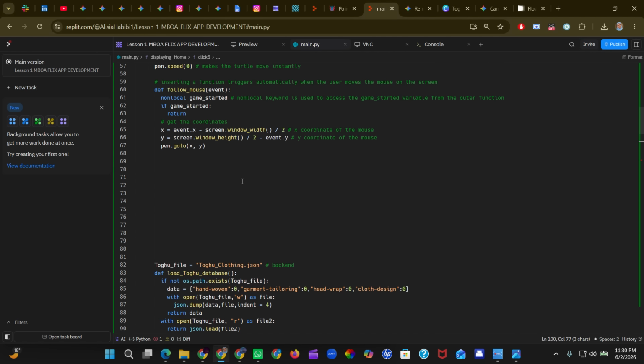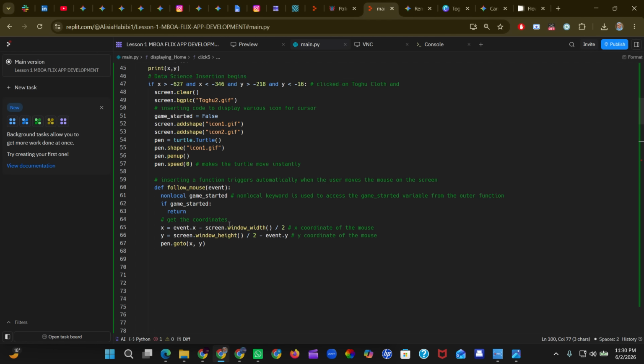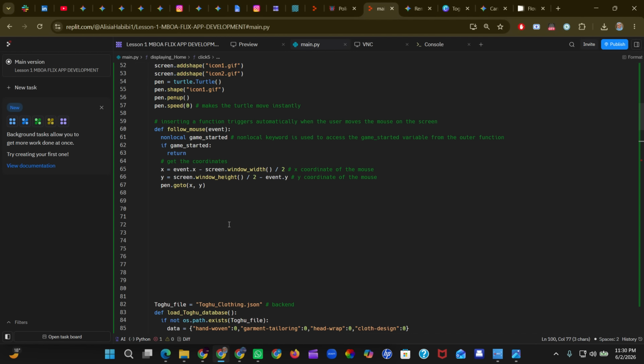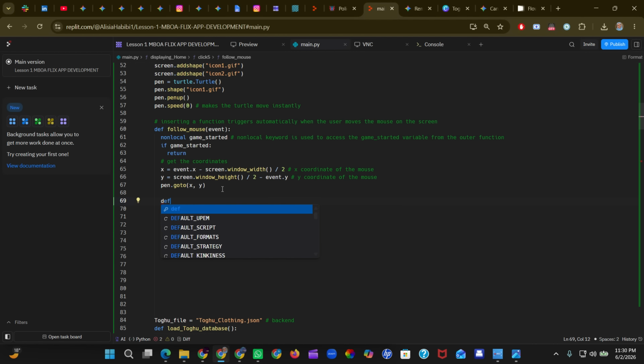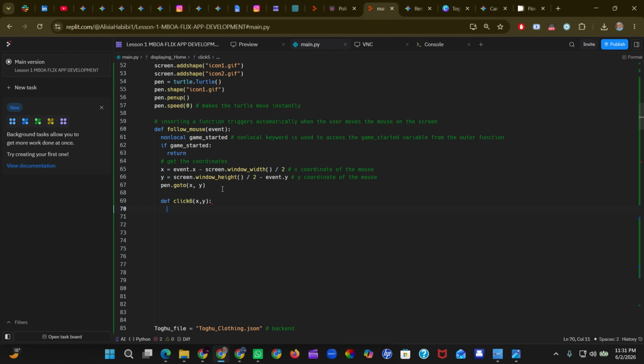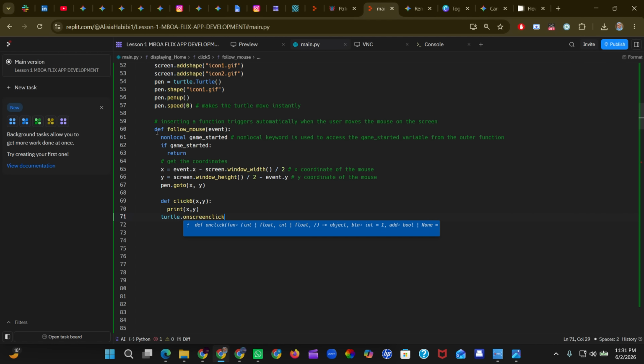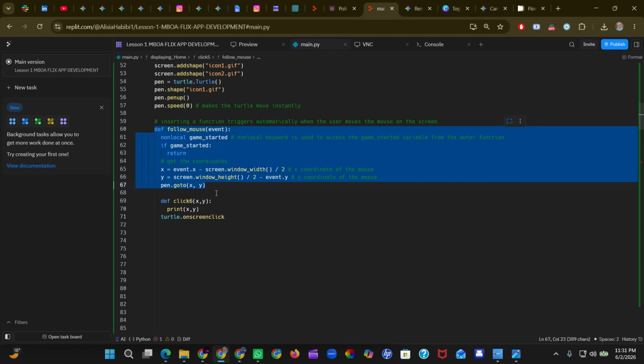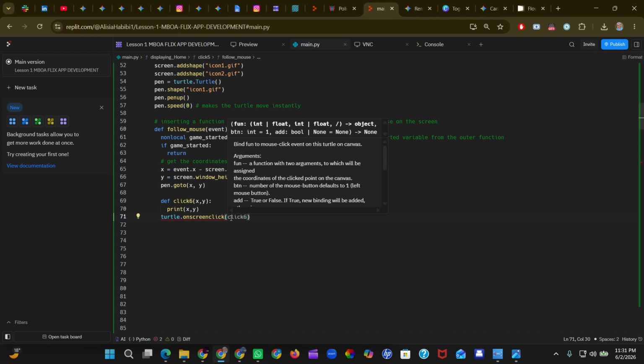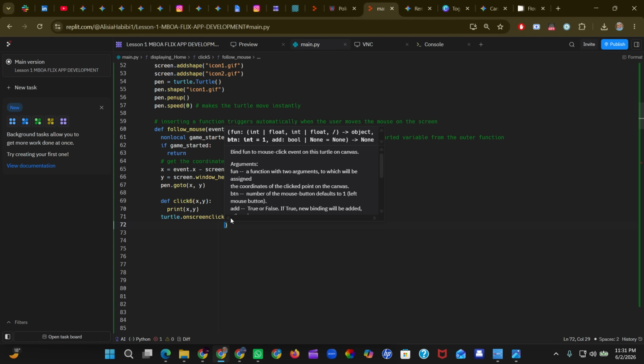So what I'll do is come back here, and to make this clickable, we have our cursor showing right now. I believe we can put our click function here. Let's put that here, okay? If not, we need to move it away, but let's just put it here. Let's put an x comma y, and then we'll try it and see if this is now clickable, because we just need to get the coordinates, and that really works for us perfectly. So turtle dot onscreenclick. This is the only reason why I'm putting it. You notice I'm putting it underneath this follow mouse function. Just put it there. And then, of course, turtle dot listen,